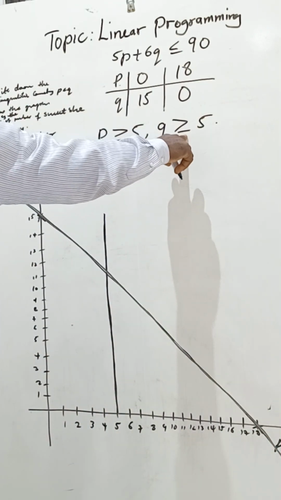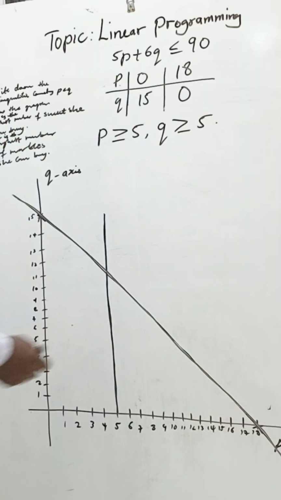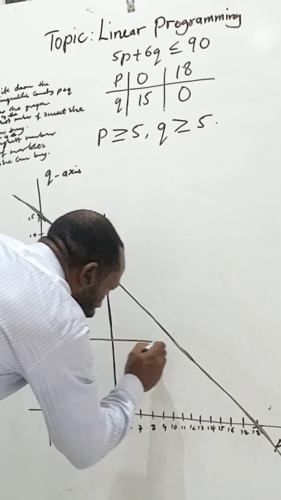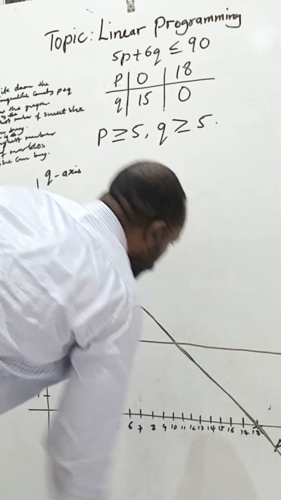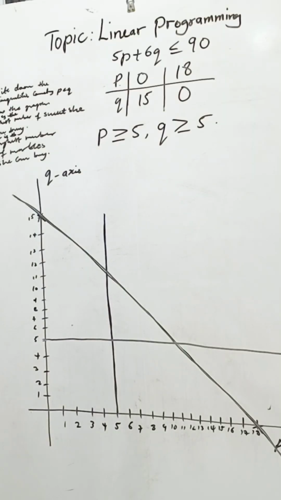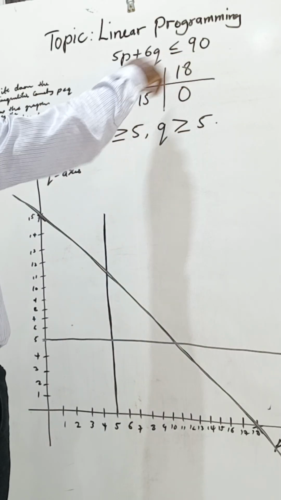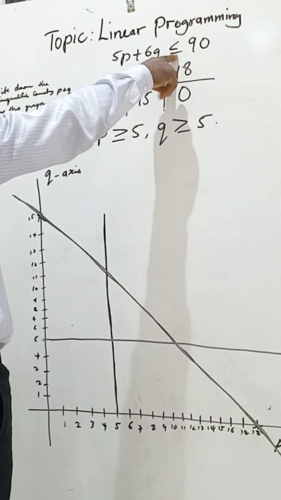Q greater or equal to 5 is a horizontal line. So at this point, I also draw another thick line. So the next thing I'll do, I'm going to shade the graph. So 5p plus 6q less or equal to 90. Because the inequality sign here